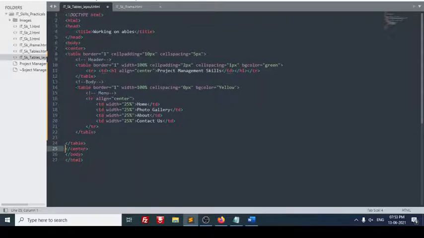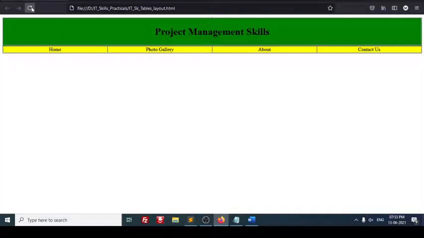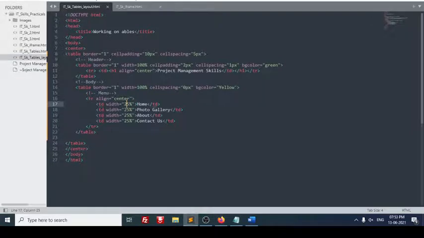Okay, so you can try out these things. You have to change and see the things. And what I have done, width I have specified. See here, table data width 25, 25, 25, 25% I have set. Okay, now I will just save the file and refresh. See, now my menus are ready for my design. See, one by one I am doing, right? So this is how I am creating a structure. See, I'm not using any CSS. So if you have the skill, you can design in any way. So 2 parts are over.